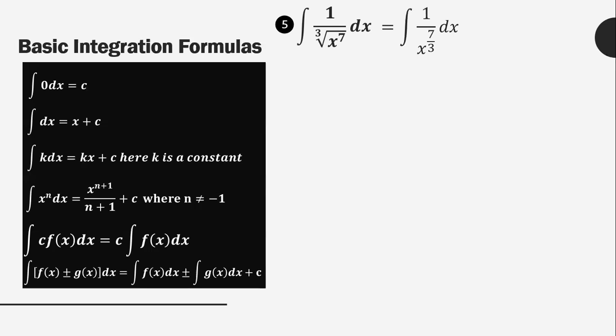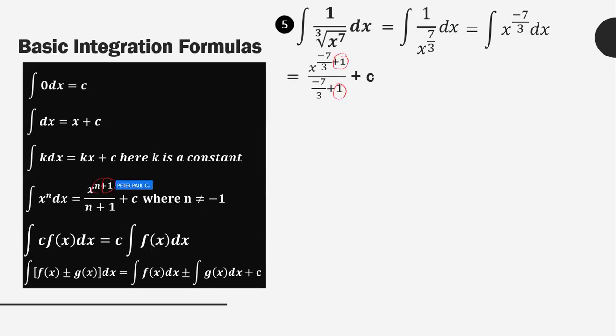Then, of course, we cannot apply the power rule yet, not unless we put 7 over 3 on the numerator, but it will become negative. So that's the integral of x raised to negative 7 over 3 dx. Next, we add 1